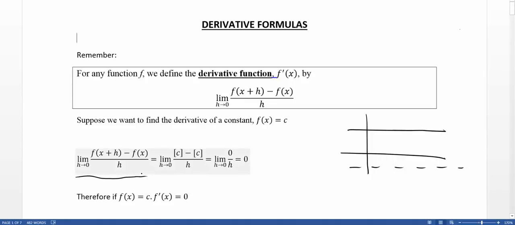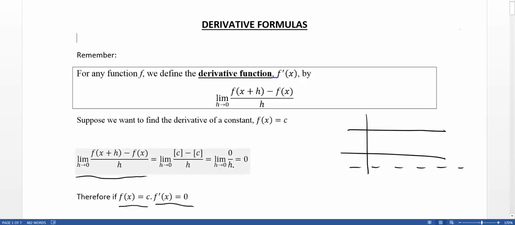If you plug x plus h into f of x equals c, you just get c because there is no x to plug into. Similarly, f of x also equals c. So we end up with the limit as h goes to 0 of c minus c divided by h. Since c minus c equals 0 and h doesn't ever equal 0, it just gets really close, 0 divided by anything is always 0. So we find that if our function is just a constant by itself with no variable in it, then the